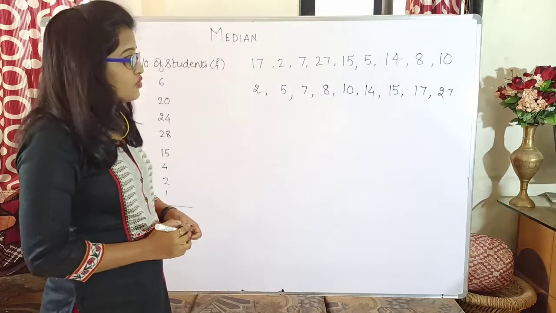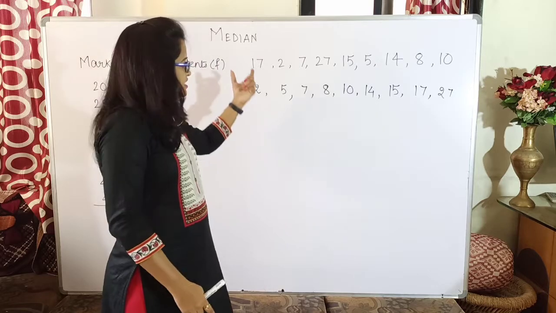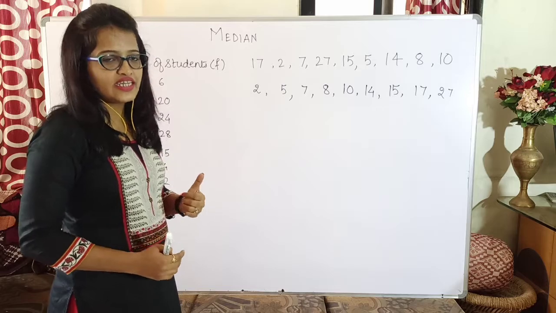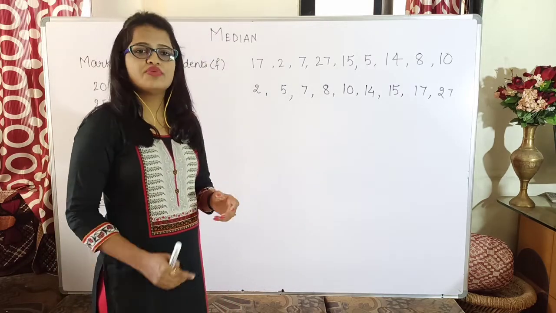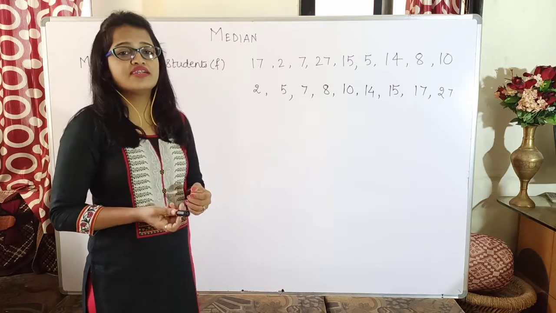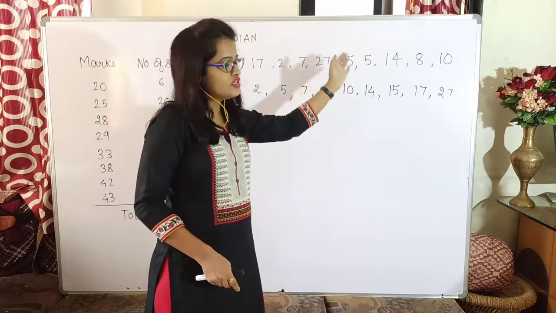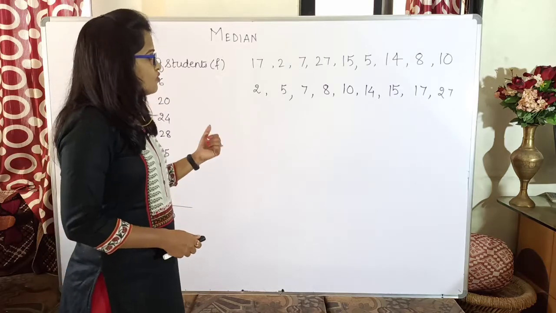It is actually a very good way of writing the numbers in order just below the given data, so that even if you miss out any data, you will immediately come to know that you have missed some value, because you might miss out one value when you are writing in ascending or descending order. If you write one below the other, you will come to know that yes, I have covered all the values.